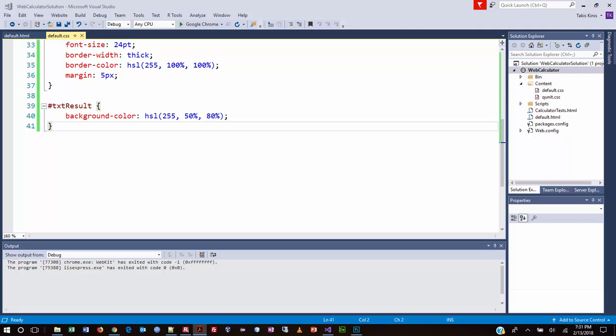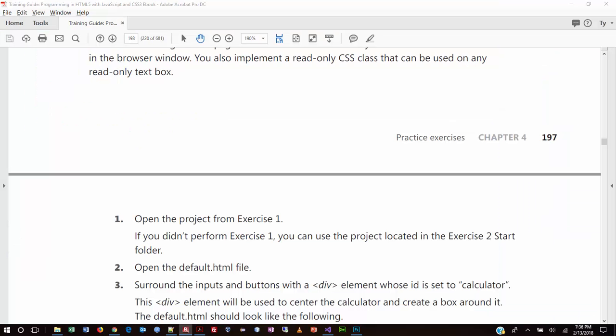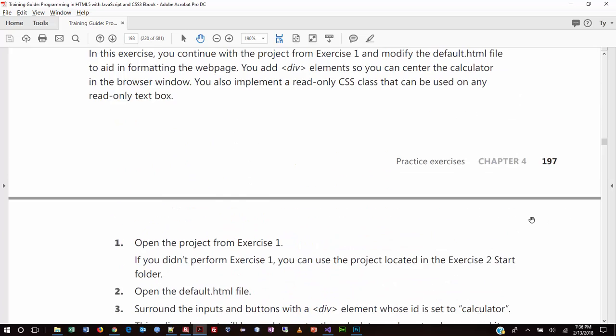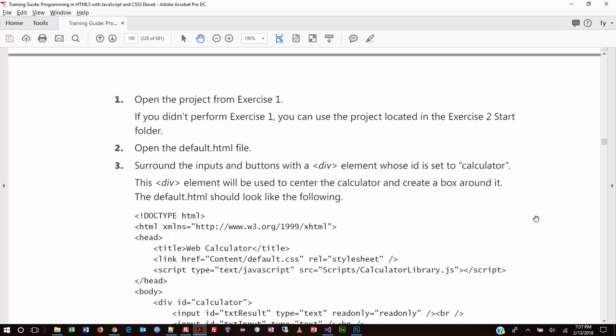Well, that got us through the first exercise. Even though class has formally ended, I have a few people that are hanging out here working on stuff, and since I have a meeting right after, I'm going to continue forward and finish off the rest of this exercise. All right, so we are on exercise 2 now in chapter 4, and it wants us to open